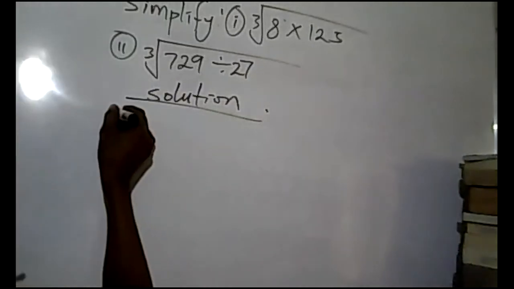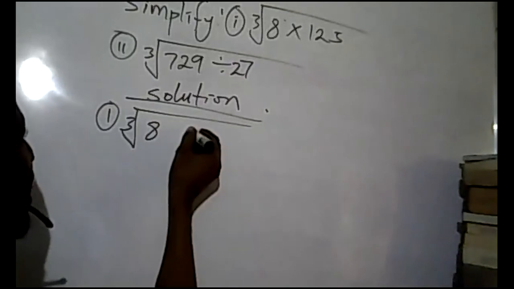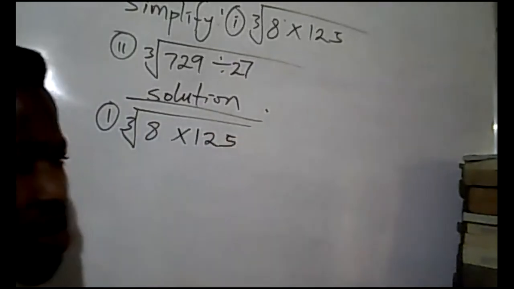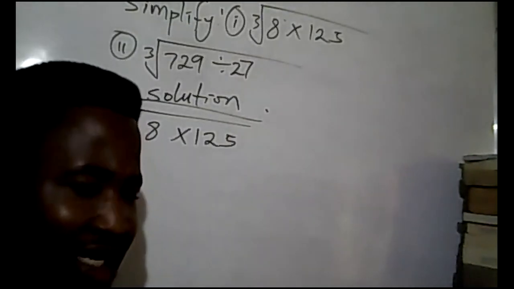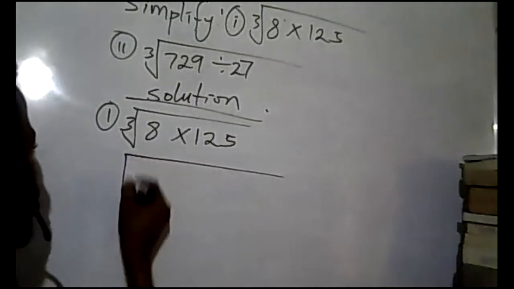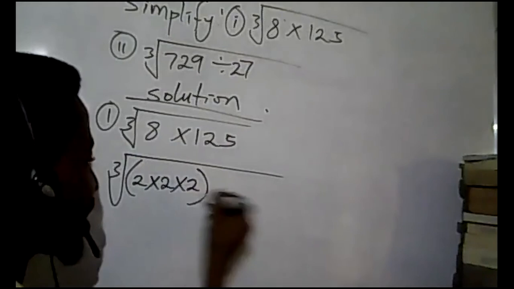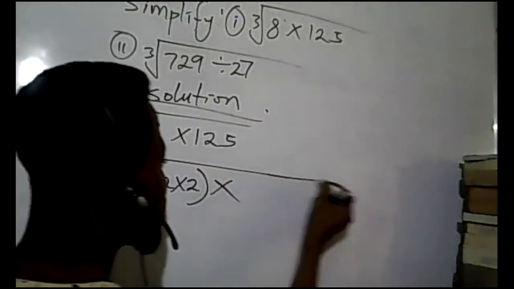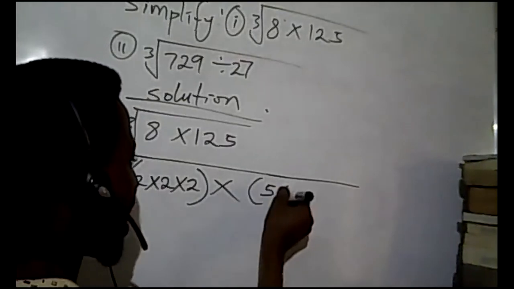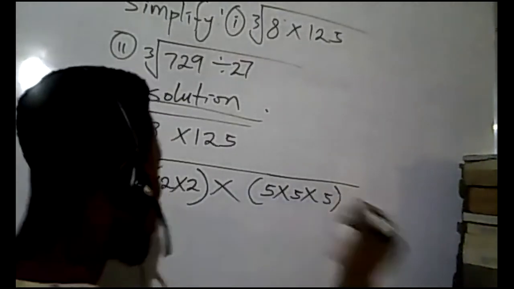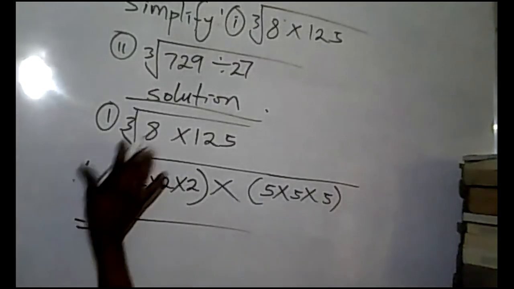All right, number 1, we want to simplify the cube root of 8 times 125. It is so easy, so let's just get to it. What number multiplies itself 3 times to get 8? That number is 2. 2 times 2 times 2 gives 8. What number multiplies itself 3 times to give 125? It is 5. 5 times 5 times 5 gives you 125. Therefore, our answer would be